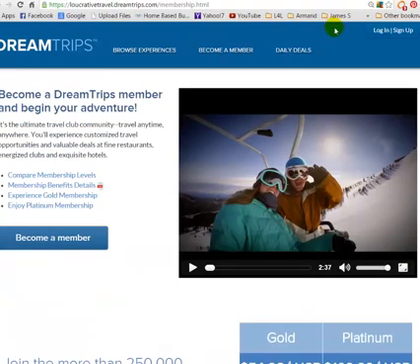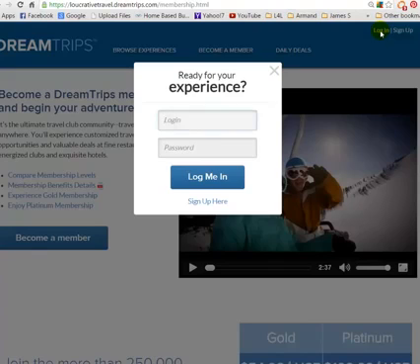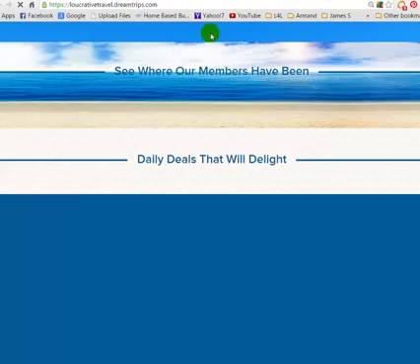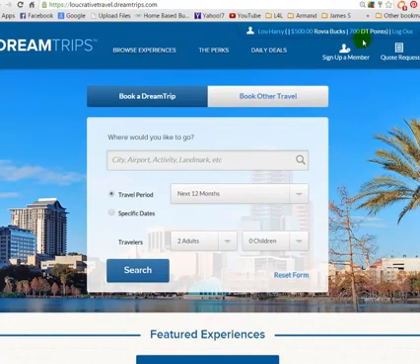So what I'm going to do is I'm going to log in. So on the right hand side, I press the login button. I type in my user ID that I got with the email and my password. Ideally you want to commit this to memory so you've got it at hand. As you can see now, I'm into the actual site, and on the top right hand side you can see I've got